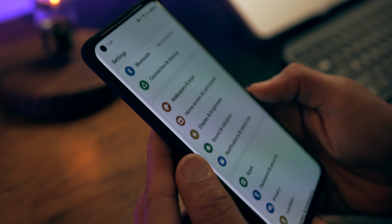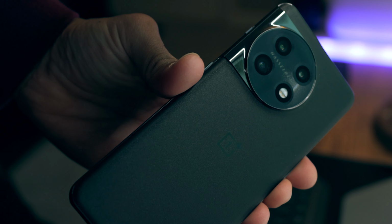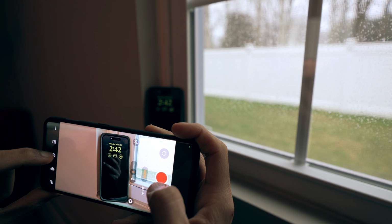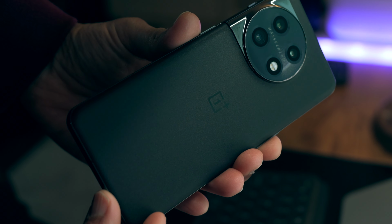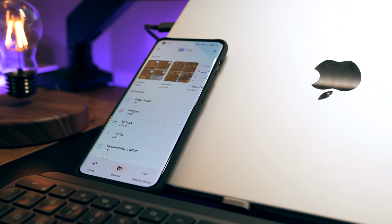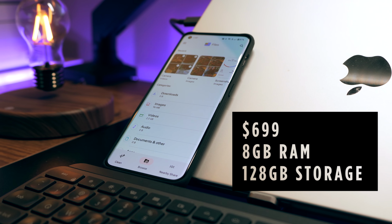Well, they always had a clean and fluid software, but if you remember the hardware like the 1080p AMOLED displays and camera, they were never quite there. OnePlus phones are becoming more expensive, approaching the $1,000 mark. But I understand that's probably because they need to include a high-end display and match the camera capabilities of Apple and Samsung. After all, now more than ever, consumers care more about good hardware that supports the trending world of video and social media while keeping the price tag reasonable. A price tag of $699, which I paid for this spec OnePlus at 8 gigs of RAM and